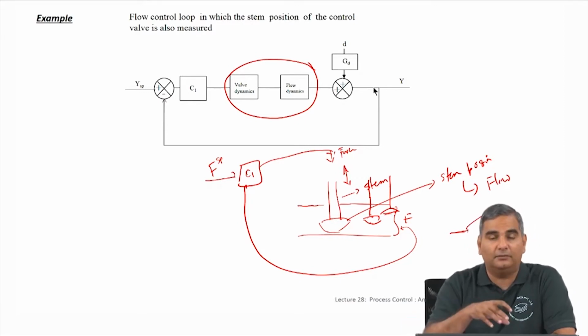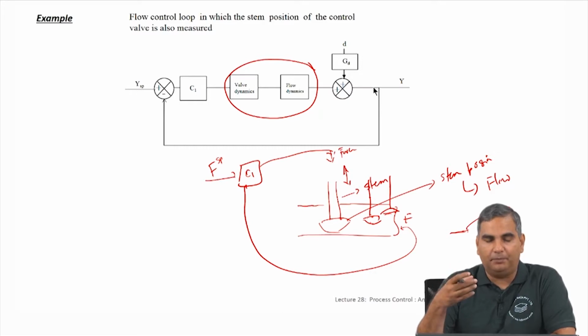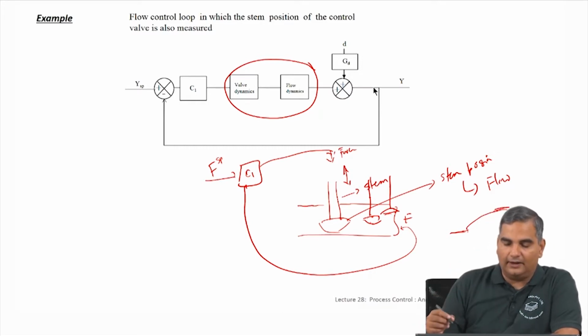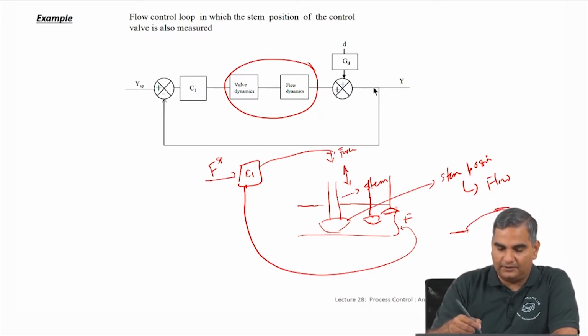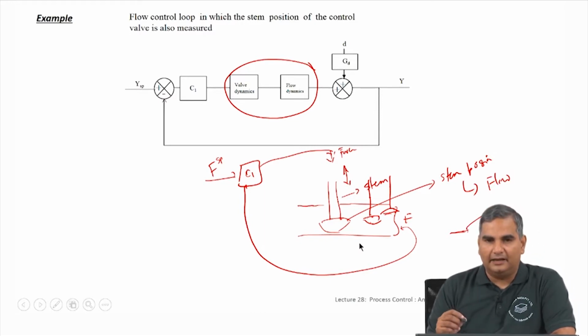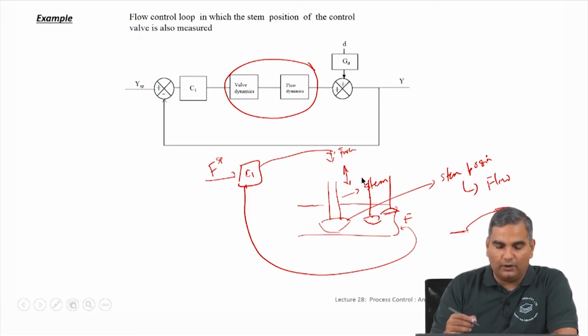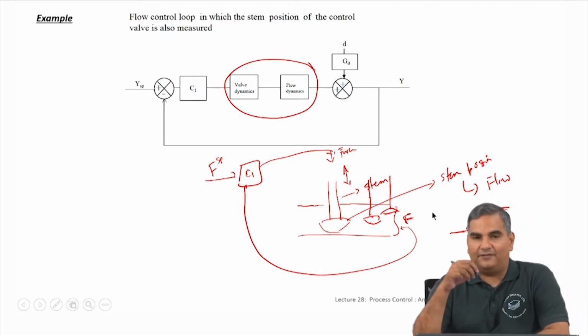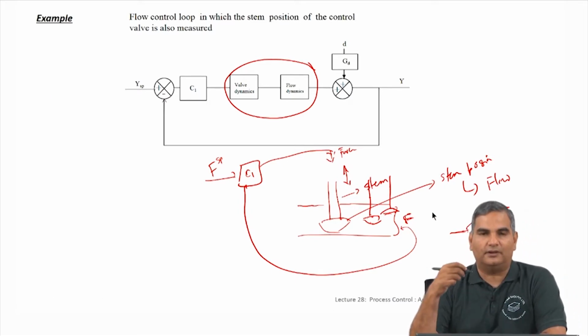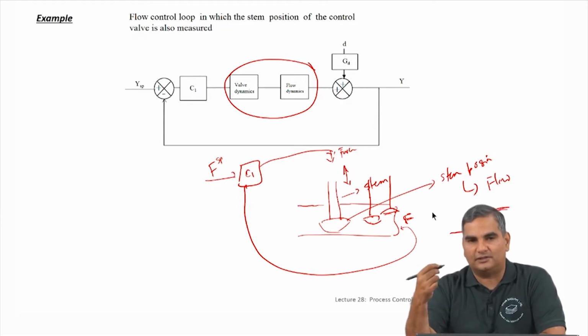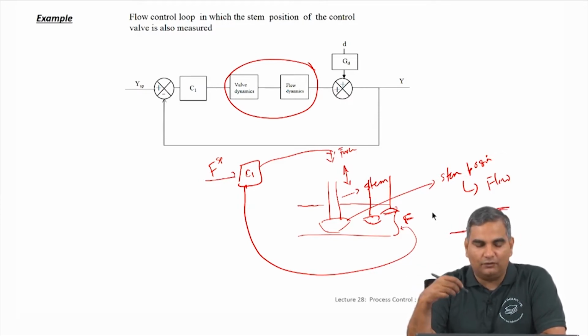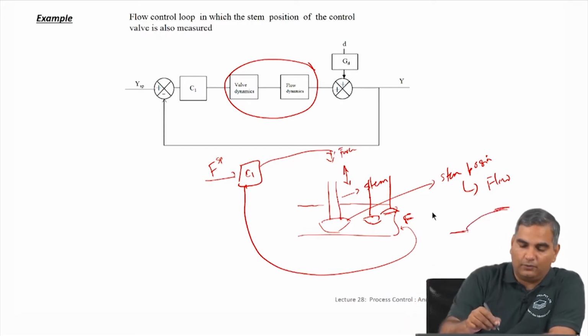So, both the dynamics are important, and typically you will have this valve dynamics precede the flow dynamics, and in general if you do not even measure anything here in terms of where the stem is and so on, then the only information you have is the force you apply and the flow you see here. Okay. The fact that the force is applied, a stem moves, and based on the position of the stem the flow changes and so on, while it happens you have no information about that. So, that is the reason why what we typically do is we have only a GP,